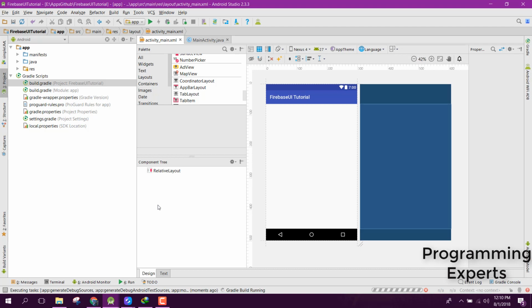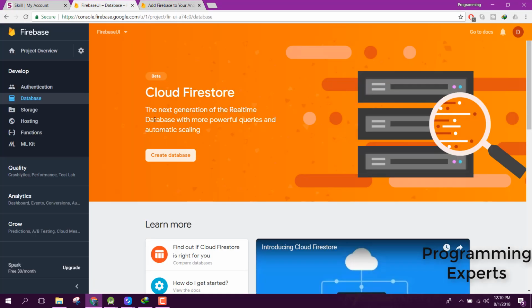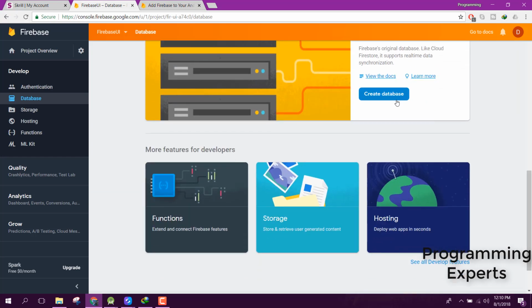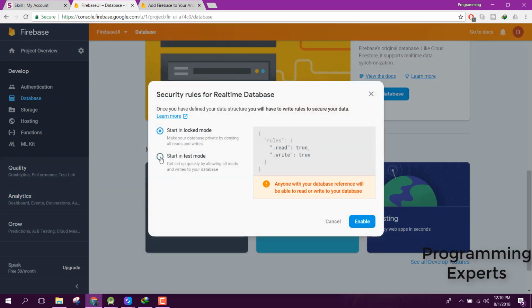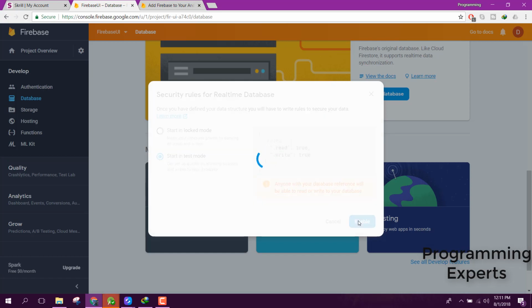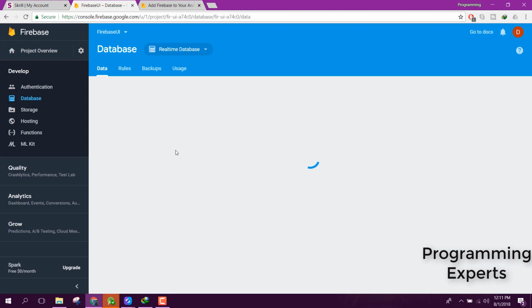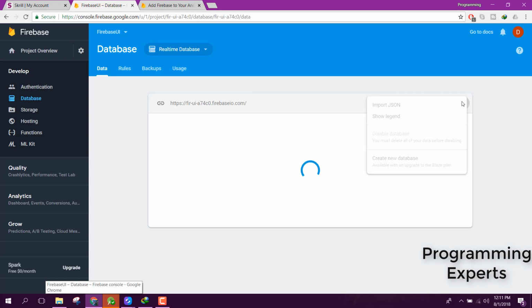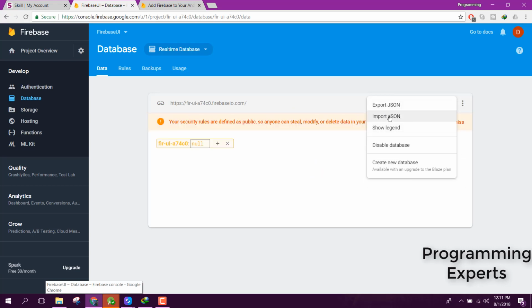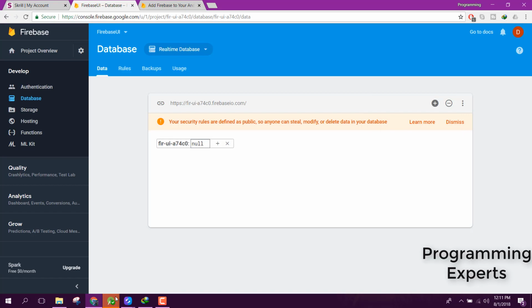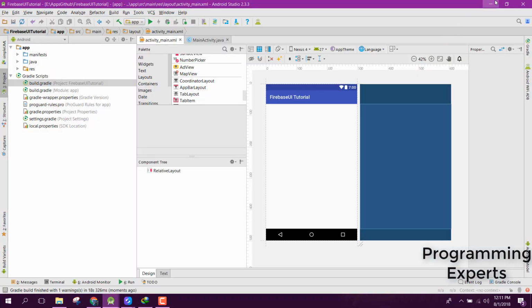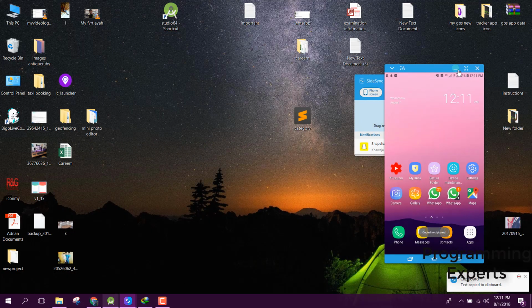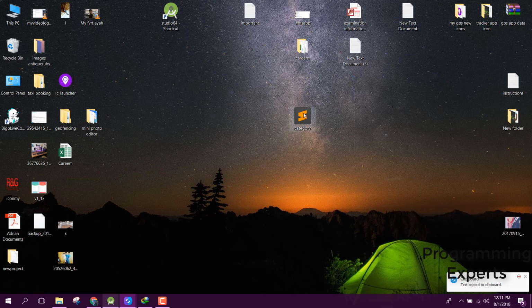Okay, in the meanwhile I want to show you which data we want to be inside our Firebase database. Okay, so you need to select this start in test mode. Okay, so enable it, and since the database will be empty, we will want to import the JSON file. Alright, so for that, how can we import it? So I already have created the JSON file,